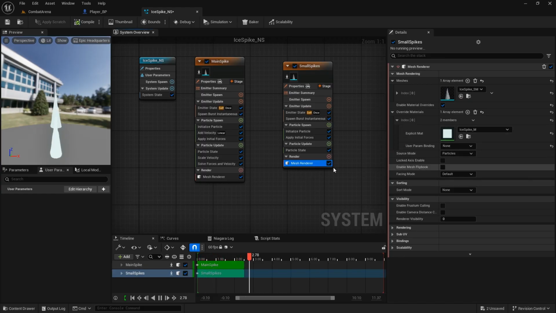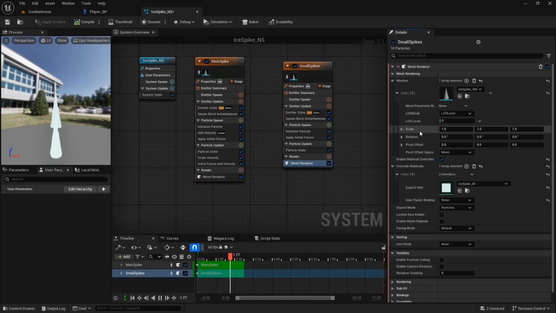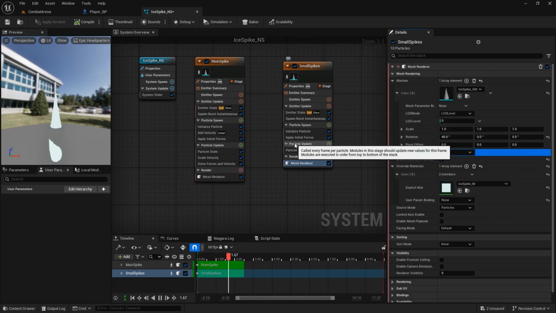On the mesh renderer, there is just one thing we need to change, and that is, if you open this index, you do have a rotation here. So I have been playing with these values for a while as well to actually make it look like a proper ice spike. So here for the rotation, we're going to change just the X value to 45 degrees. And then